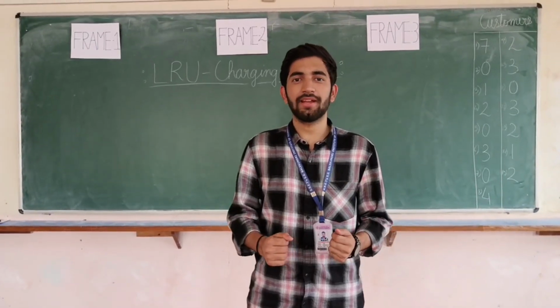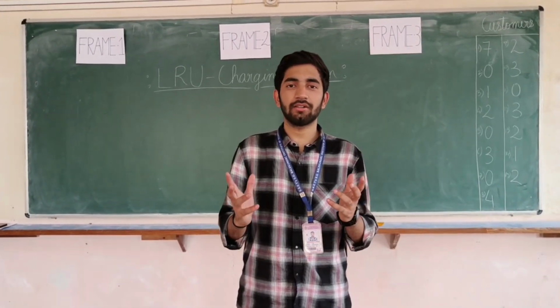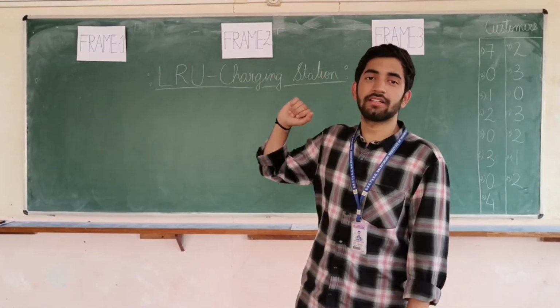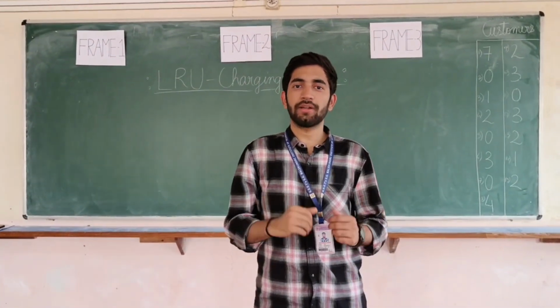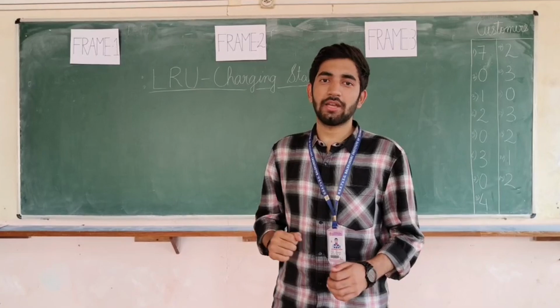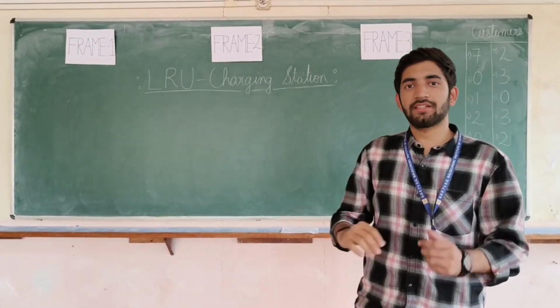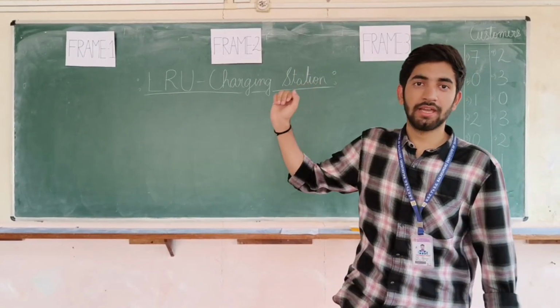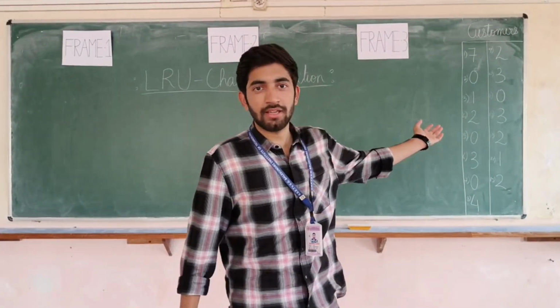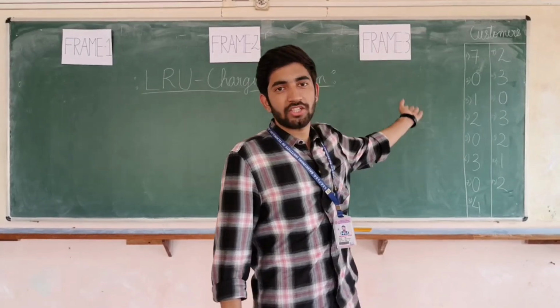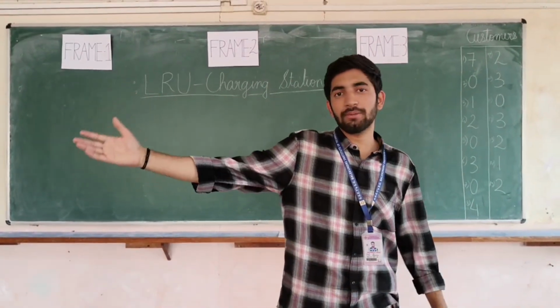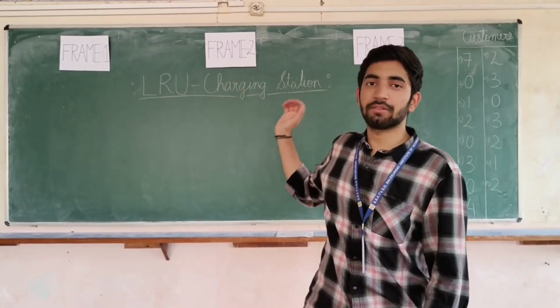We, the students of SGBIT, are today presenting a role play on the least recently used algorithm, which is in operating systems. We have taken a scenario as a car station. We have three car stations which we have represented as frame 1, frame 2 and frame 3, and we have a list of customers, and those are taken as the page numbers. So we'll see one by one how the page numbers come and in which frames they will be placed.